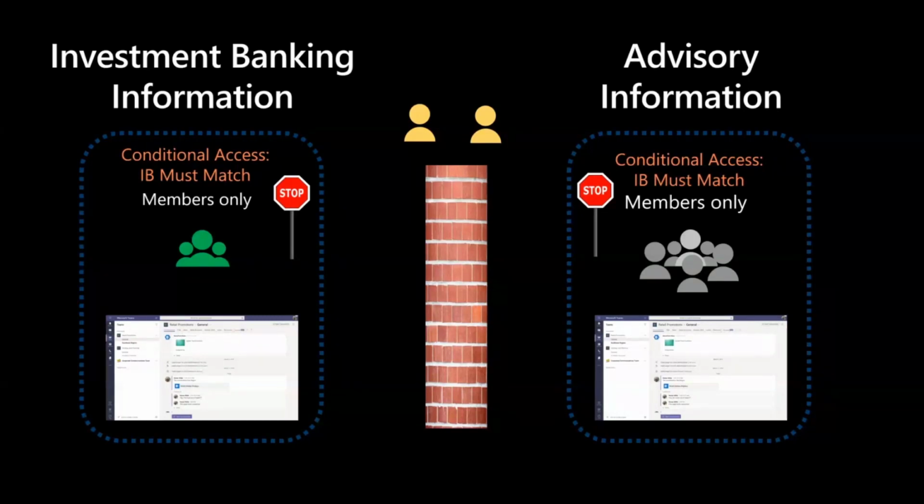That means if a given SharePoint site is tagged as an investment banker's site, then you must be one of the investment bankers to access that particular site, no matter whether you have permissions already given to the site through some other means or not. So in a way, it's a two-layer authorization that we have introduced.